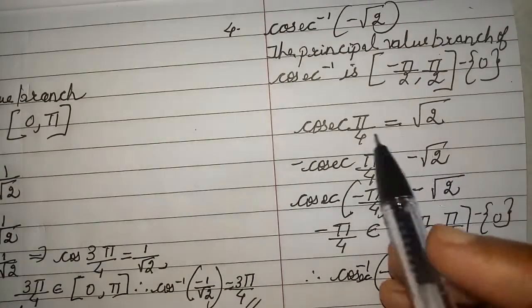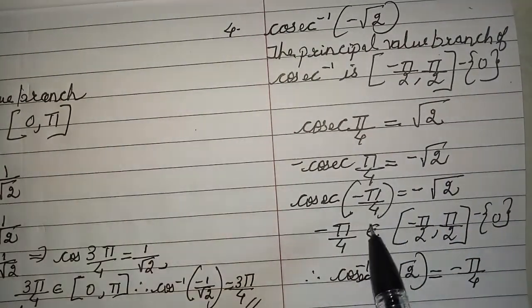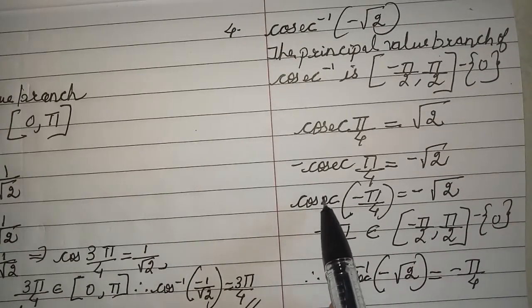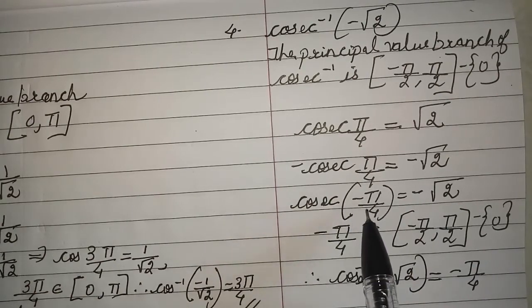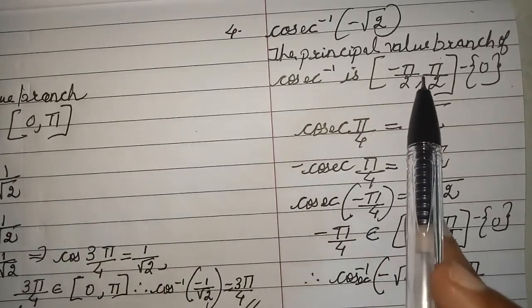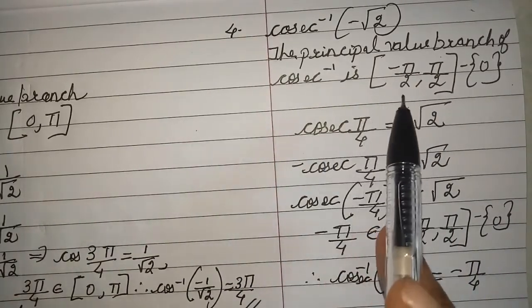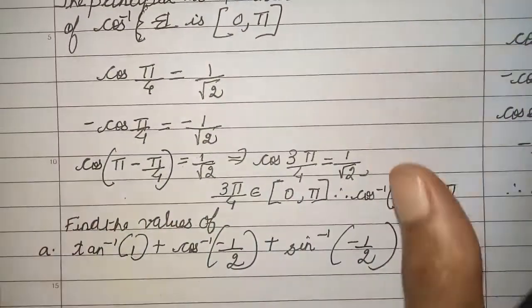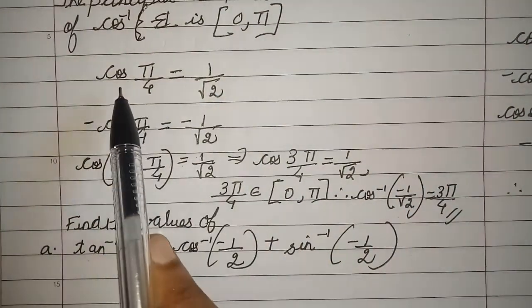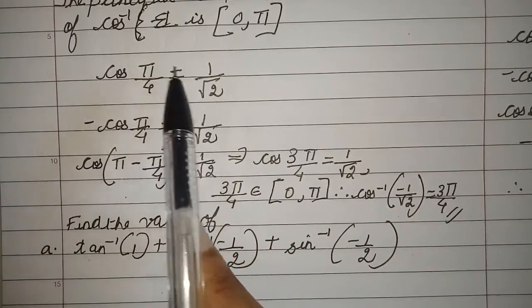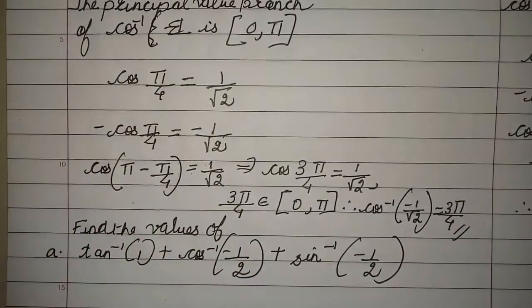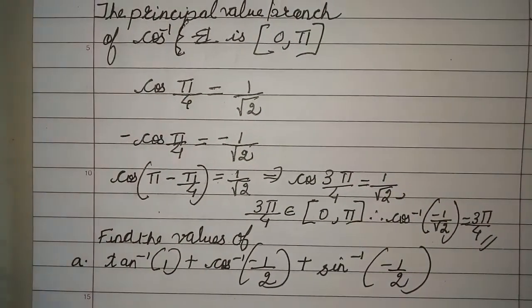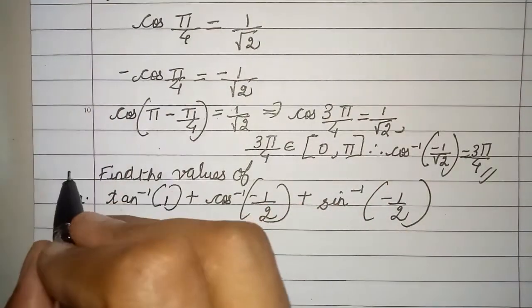Is that clear? See, actually what we are doing in all the problems is we are able to bring cosec inverse here, provided whatever element you have here happens to be in the principal value branch. Then only can I take cosec inverse here, right? In the remaining problems also, I hope you have understood that if I want to take cos to this side and make it cos inverse, then this element should be in your principal value branch. That's why we are making sure that it is coming in the principal value branch. Okay, now one more we can do, fifth one.